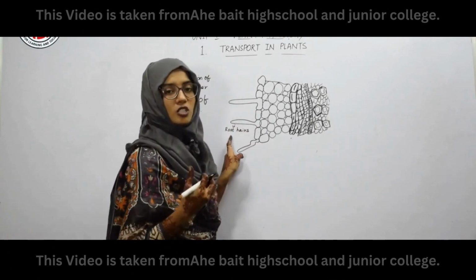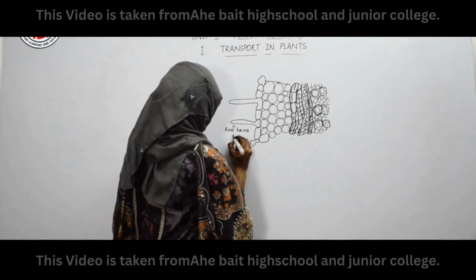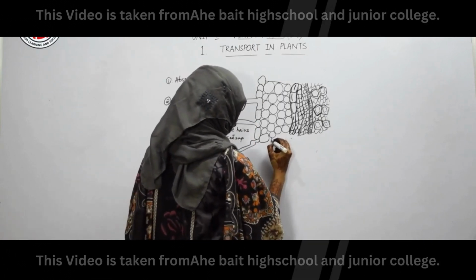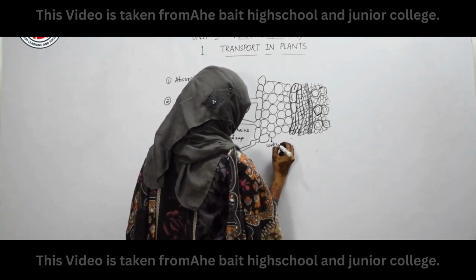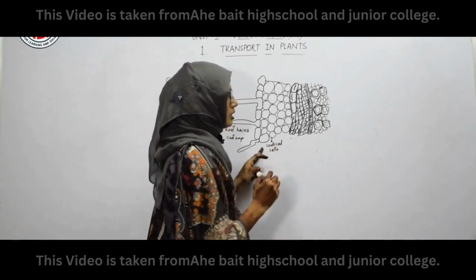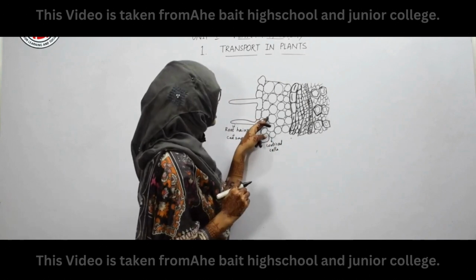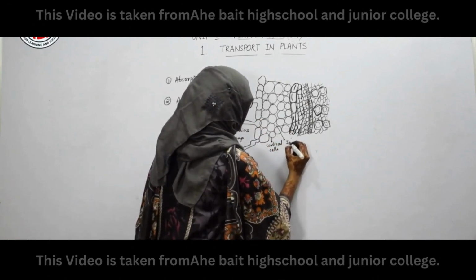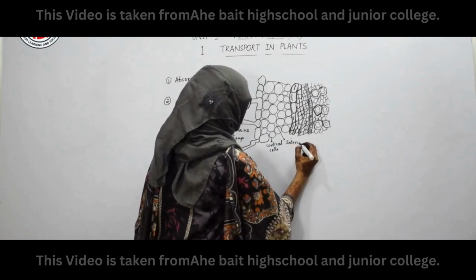The fluid which is present in the root hairs is called cell sap. After the epidermal layer, some cortical cells are present, and these cortical cells are loosely arranged. As they are loosely arranged, we can clearly see some spaces in between the cells,